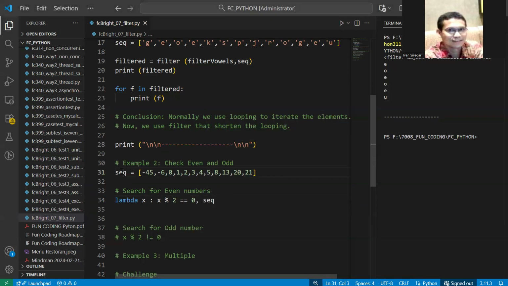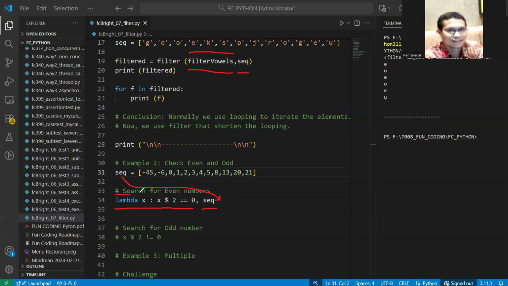So come again with this. Okay, and this is the left part, this is the right part. Same with this, left, then right. However, this is the function that we made ourselves.